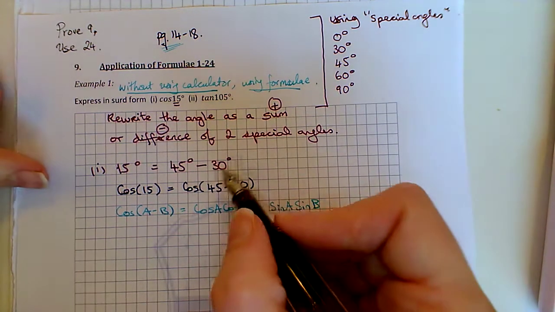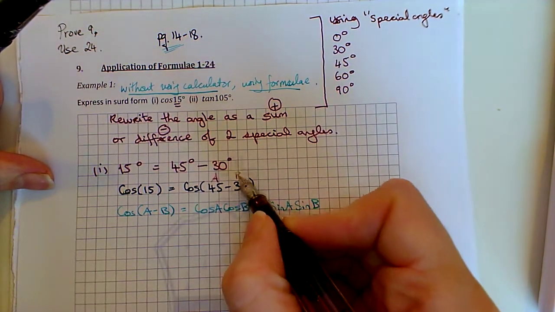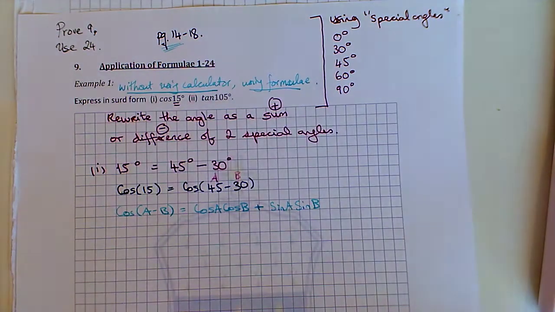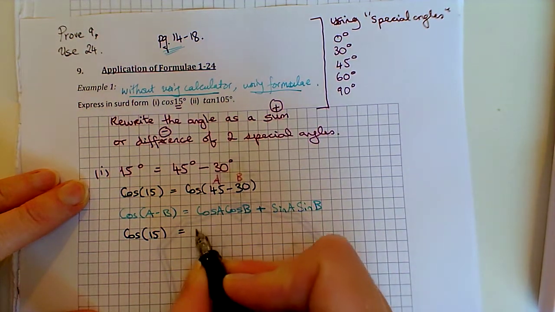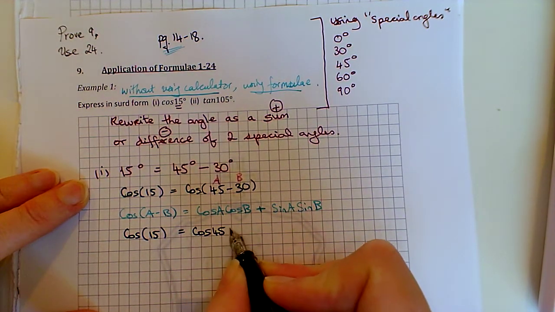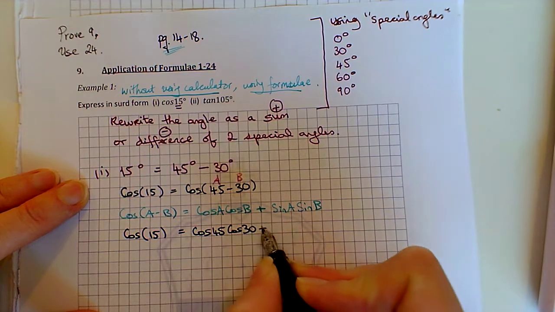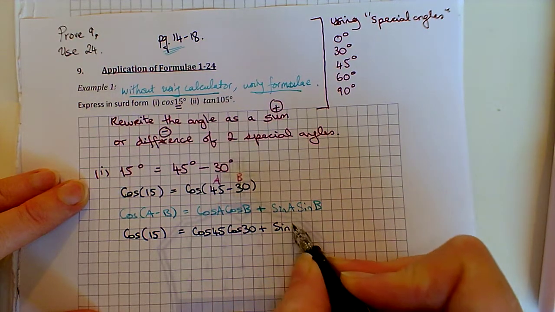Just a little bit like coordinate geometry, if you want to write the values above them like that. So that means the cosine of 15 is going to be cos 45, cos 30, plus sine 45,